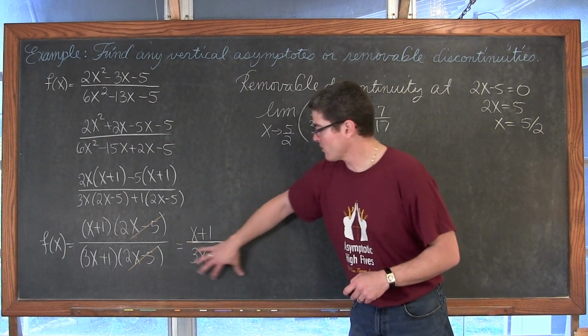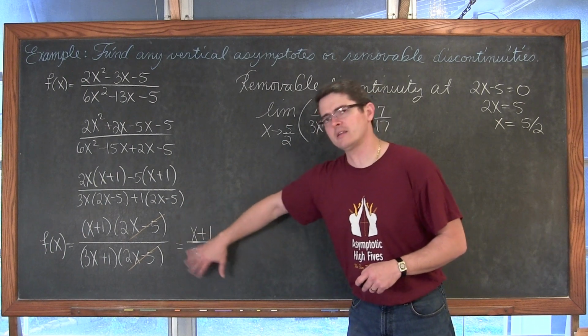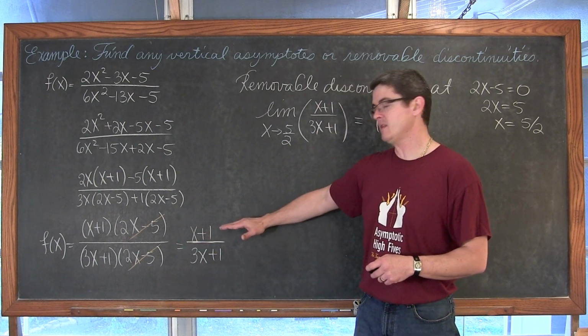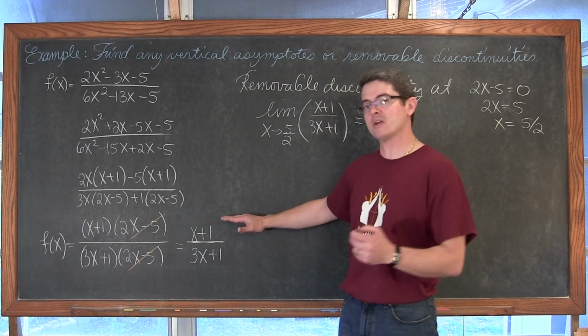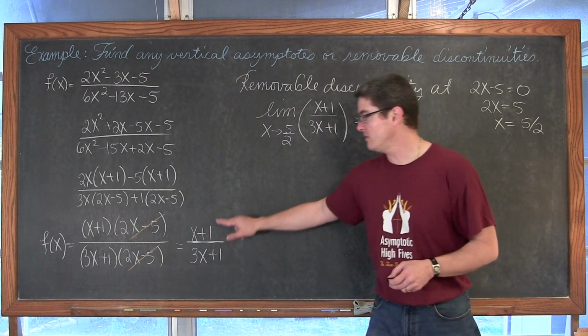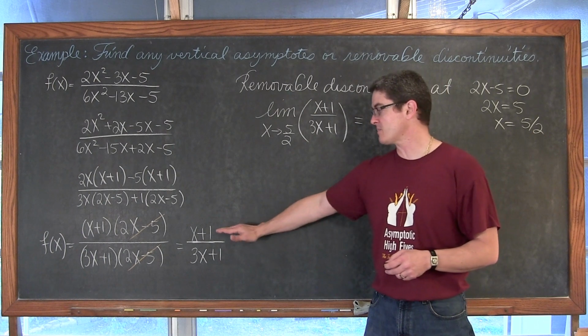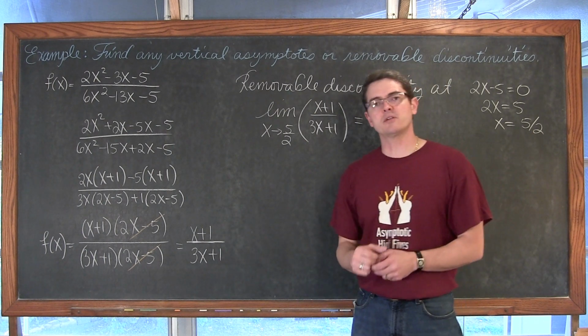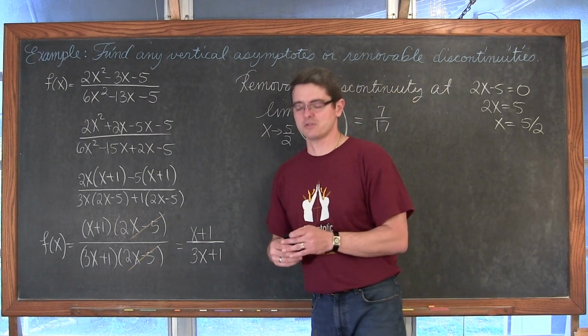Well, this function, we're going to set this equal to 0. How are we going to find the x-intercept? We're going to find out when this function equals 0. The only way a rational function or a basic algebraic rational function can equal 0 is if the numerator is equal to 0. So we can set x plus 1 equal to 0, find that x-intercept,